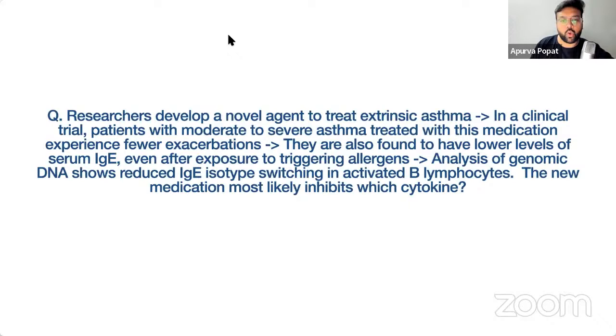Researchers developed a novel agent to treat extrinsic asthma. In a clinical trial, patients with moderate to severe asthma treated with this medication experienced fewer exacerbations. They were also found to have lower levels of serum IgE even after exposure to triggering allergens. Analysis of genomic DNA shows reduced IgE isotype switching in activated B lymphocytes. This new medication most likely inhibits which cytokine that can prevent class switching from IgM to IgE? Your answer is